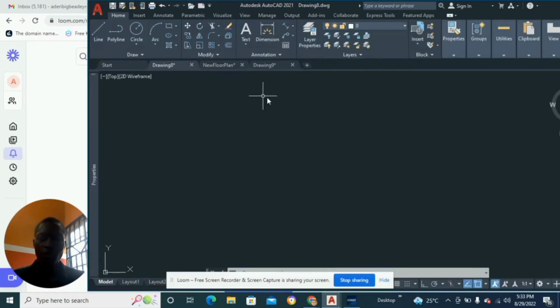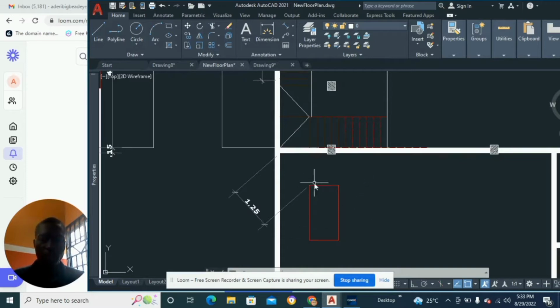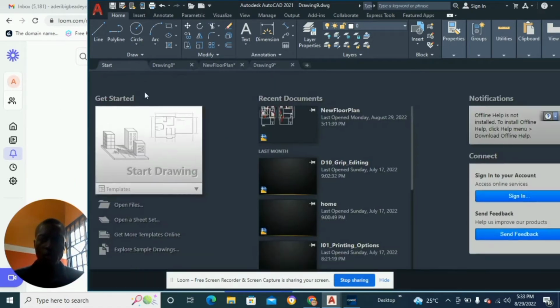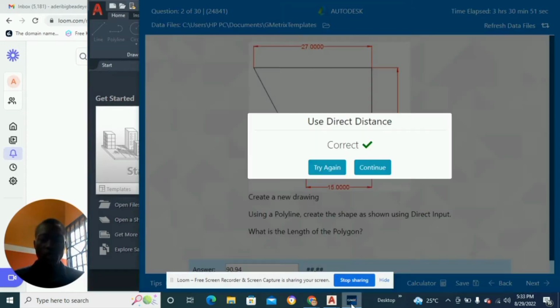This is the first question we actually solved. We were asked to find the midpoint. We are asked to find the distance from this point to this point. And this was the second question also. We are asked to find the length of this polygon. After drawing the polygon, we are asked to find the length of this polygon. So to see the third question that we'll be solving for today,